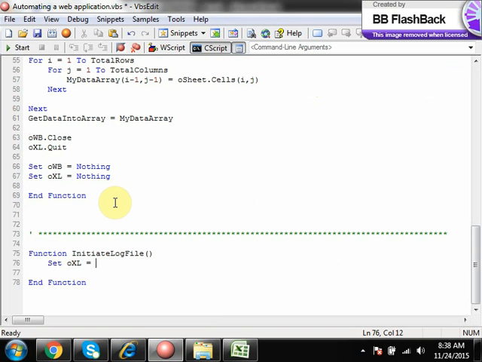Set OXL equals to CreateObject, dot Application. Set oWorkbook equals to OXL dot Workbooks dot Add, this time, because we need to add a